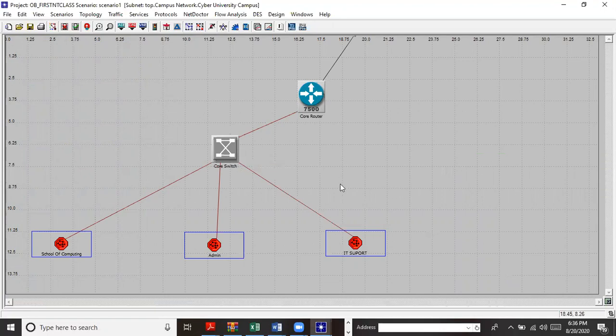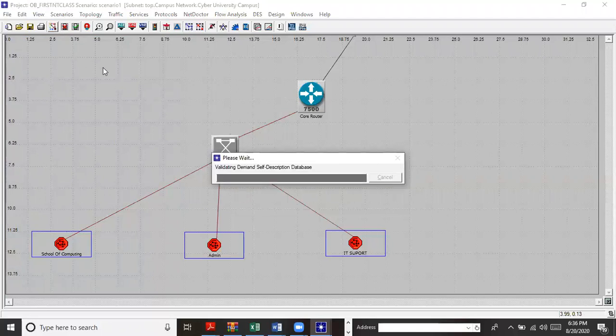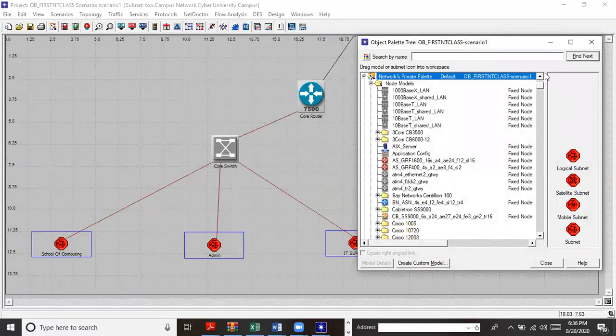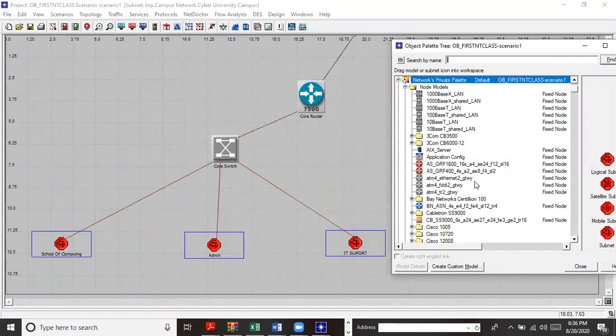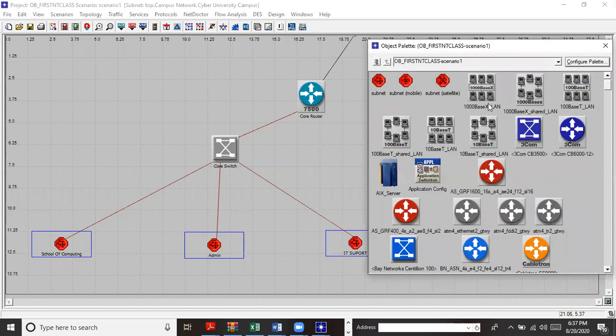The first thing that we have to do here, remember I said you look for the palette. You go there, click on the palette, it will open the palette. Okay, so the palette is open. When you are about to start configuring, we need to look for the application config and the profile config. So when you look at our palette there,